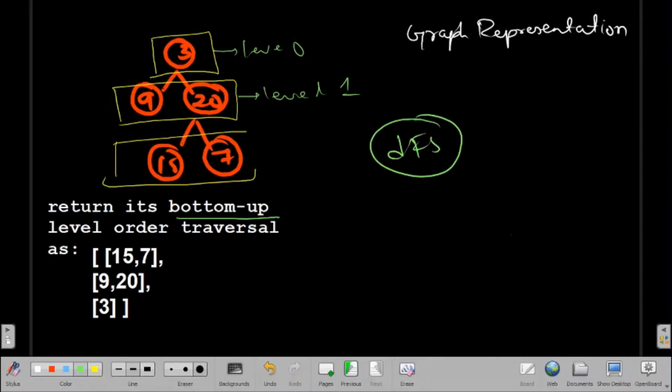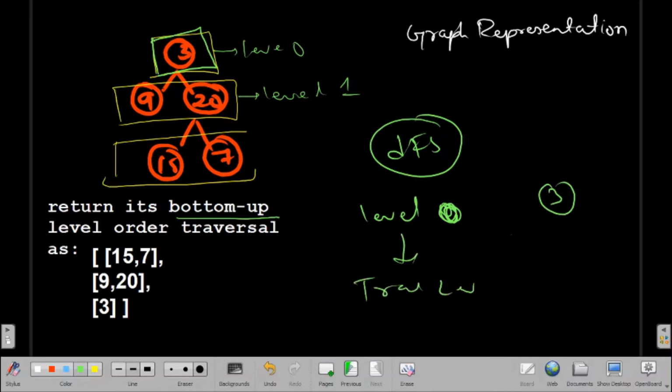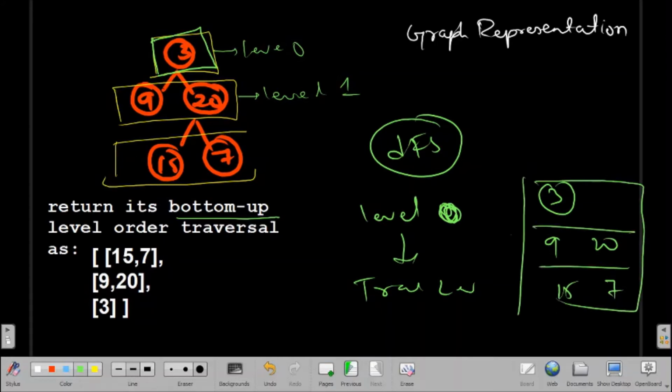What we'll do is maintain the level. Currently my level is 0, so I'll see in my tree at level 0 what is there: 3. Basically I'll just traverse level order in the normal way, store it in a 2D vector, and at the end I will just reverse it and then return this.